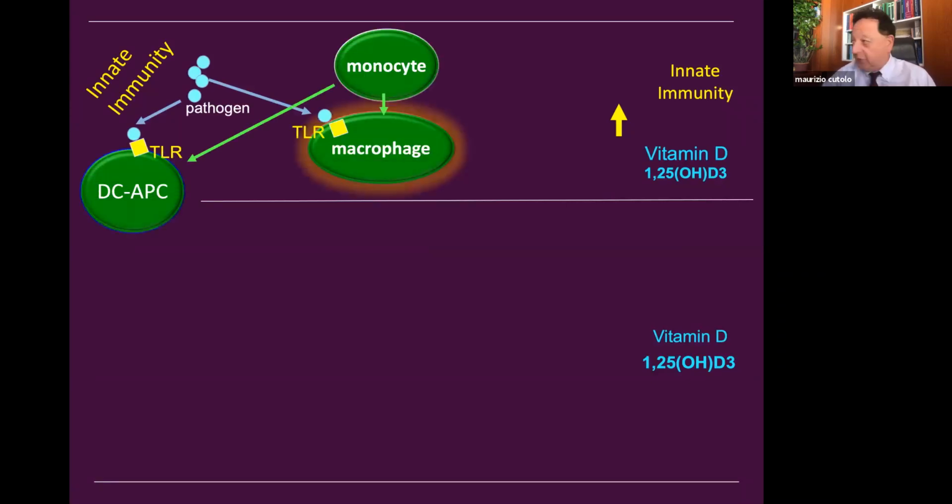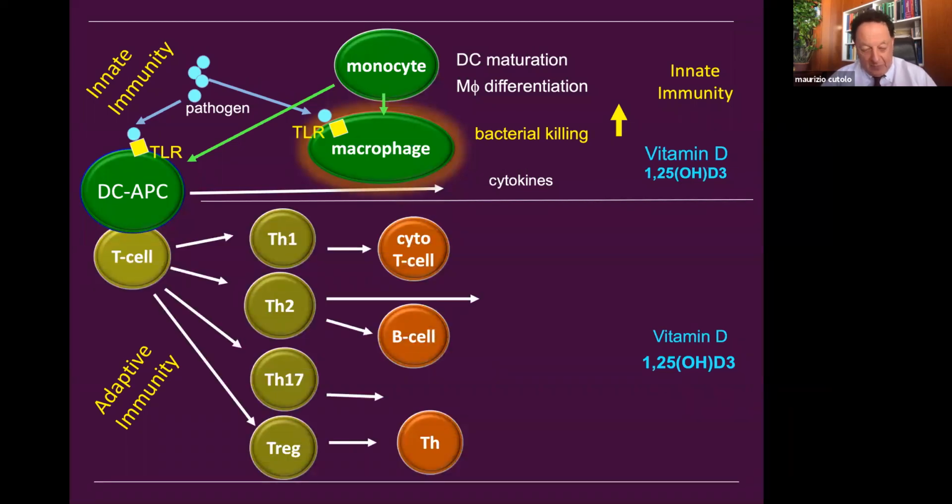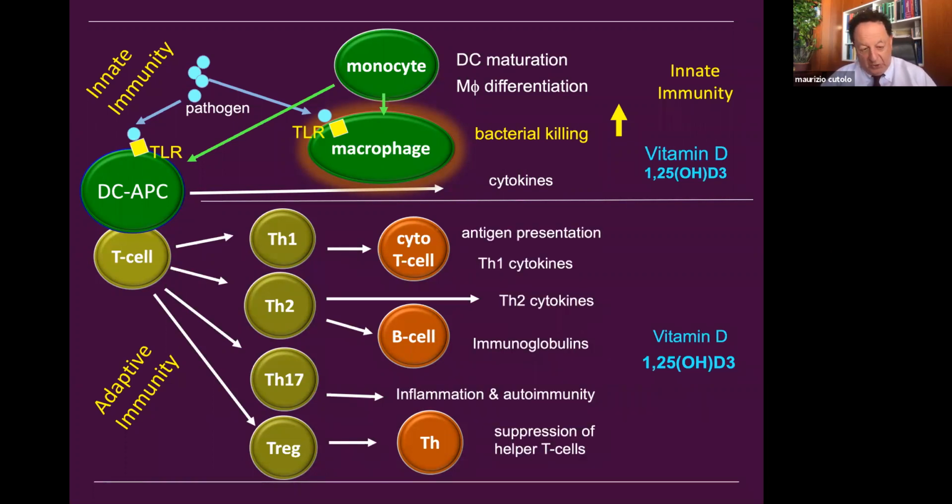So we have two important systems of immune response. The innate immune response, where vitamin D, you will see, cooperates in bacterial killing, defending us from infections. And on the other side, the adaptive immunity, the immunity that defends us or harms us through self-autoimmunity, which includes the T lymphocyte, the B lymphocyte, and a new population of TH cells. And here vitamin D is generally a down-regulator of the adaptive immunity. These are two important actions because they reflect the clinical condition and the risk factors.